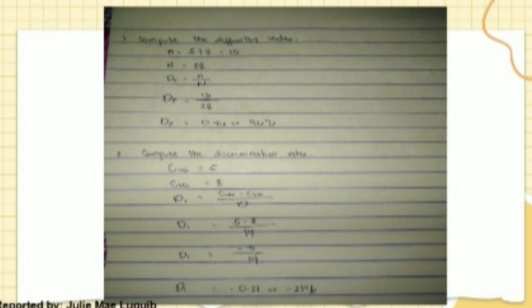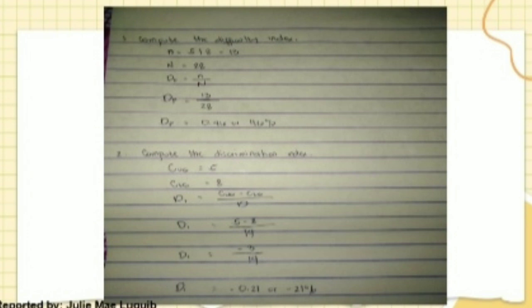The big N here is 28. 28 is the number of students who take the exam. So DF is equal to small n, which is 13, over 28, which is big N. To divide, 13 divided by 28 is equal to 0.46 or 46%. So 46% of the students got the test item correctly, so the test item is moderately difficult. So let's proceed to